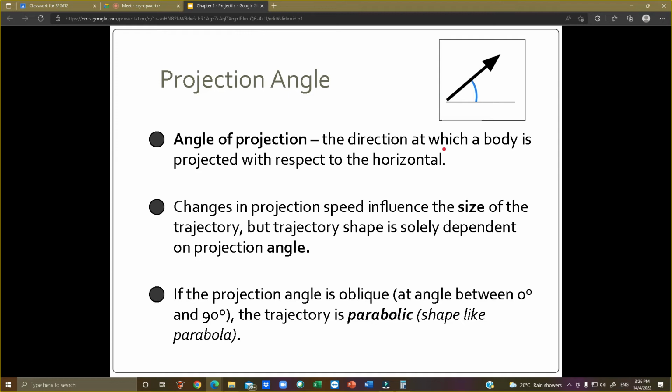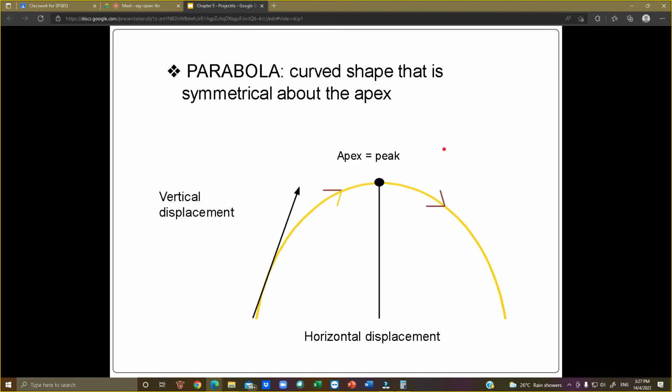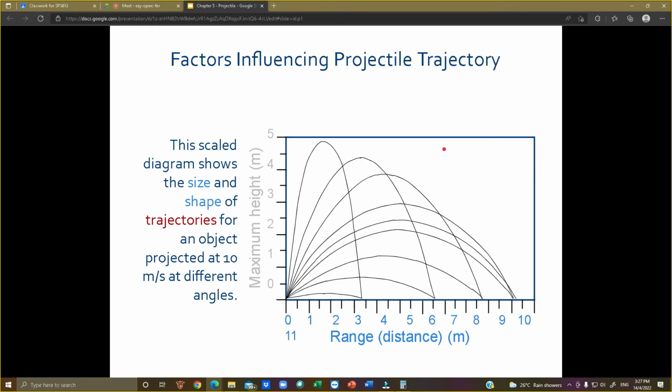Sekarang baru kita cerita nak pergi jauh ni. Berapa relative height? If the start and end point is equal, then 45 degree will be the best angle in order to reach that particular distance. Tu projection angle and this is the parabolic line, benda yang kita belajar tadi lah. Ni example, range covered by maximum height. Maksudnya angle yang berbeza. If the angle is too big, landing. If the angle is too small, pun sama. So we only have one angle ni dekat sini.